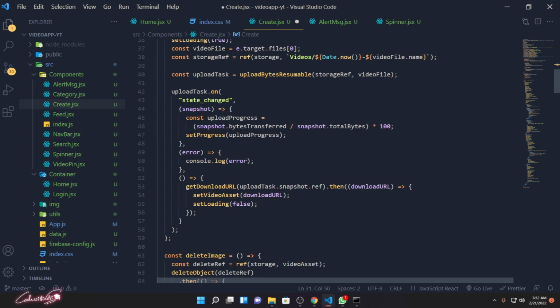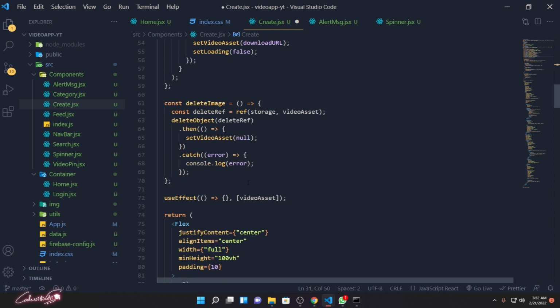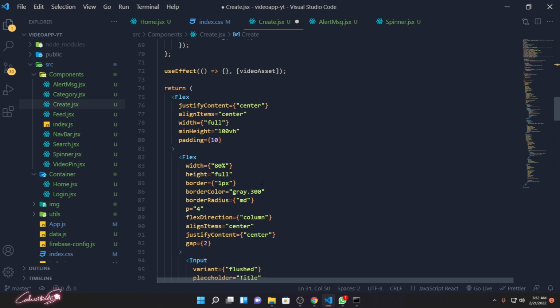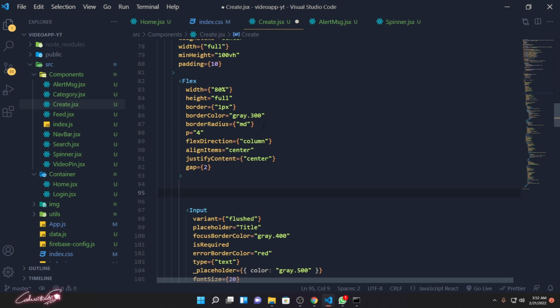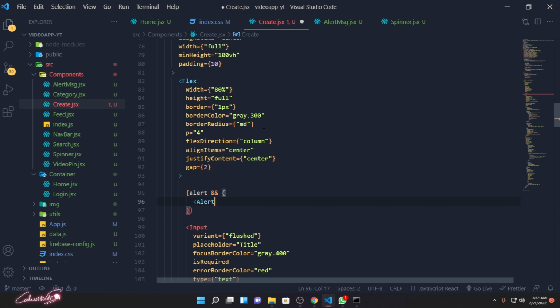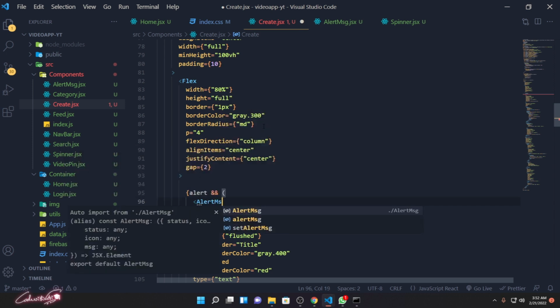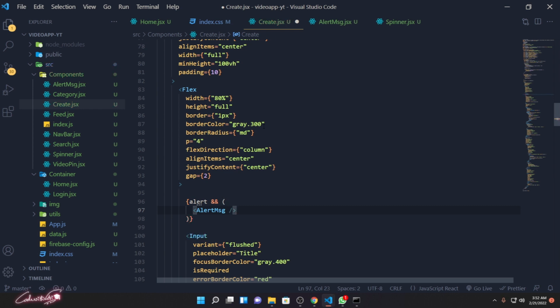Let's implement it right here at the top of everything. If there is an alert, only then it should be displayed. If there is an alert, then display the alert message, which is our component, and close it. This is going to take the status. I'm not going to send the alert status now. I'm just sending the status as success for the time being, and the message is going to be